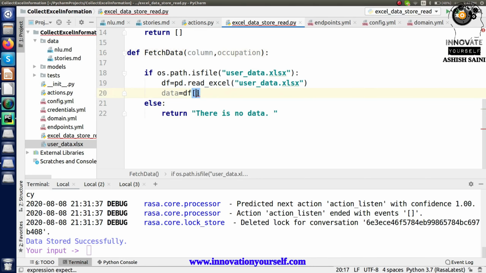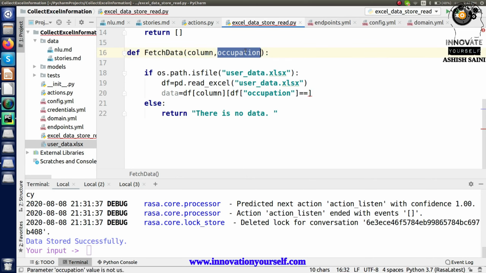So just pass in here, and after that inside another bracket, here you have to put a condition that whether that occupation is equal to, whether that occupation which you already have in the actual column, right, that is equal to whatever value you have provided. So in our case that will be coming from this, which is occupation.